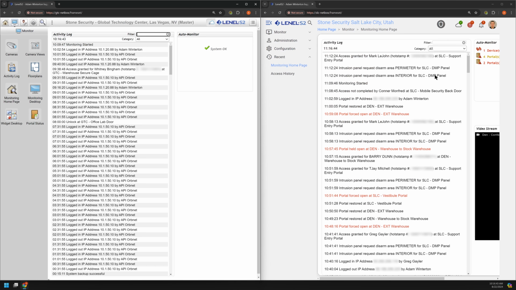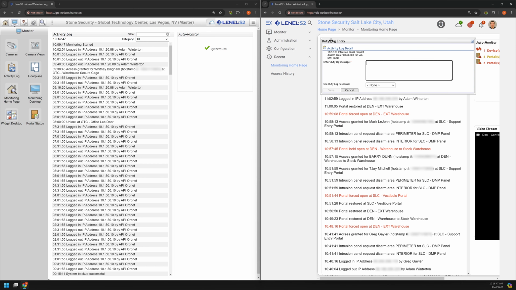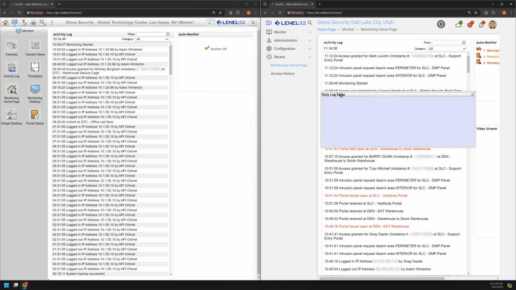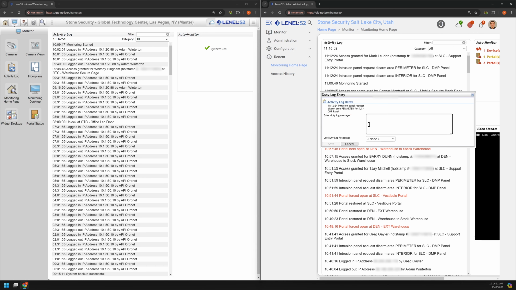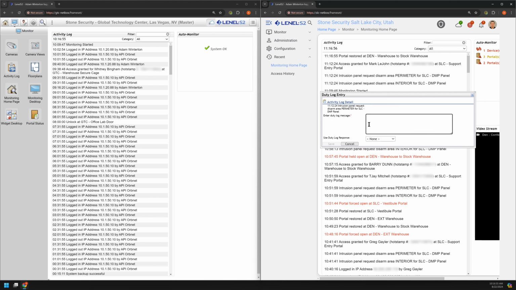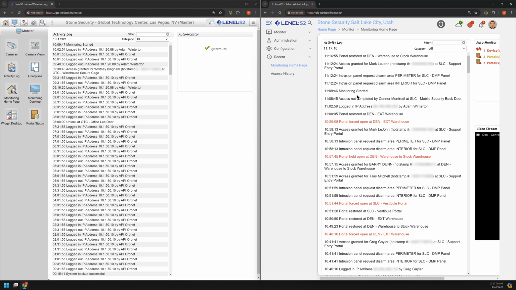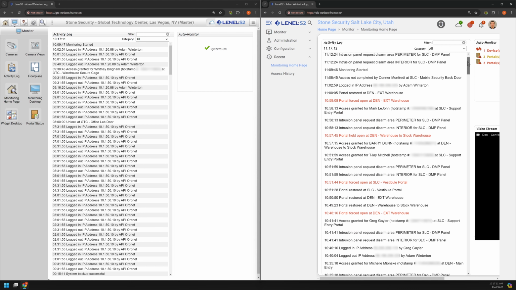We can, on any of these as well, if you double click on it, you'll get this duty log entry. So this would be to say somebody's noticing an event, responding to it, making notes. Hey, this door was propped open. That was me, moving furniture in and out or whatever it might be. You can leave those notes and responses, and make notes basically on what's happening in your system,